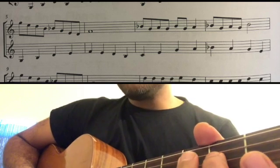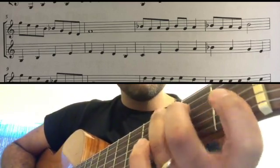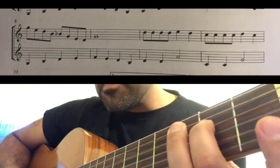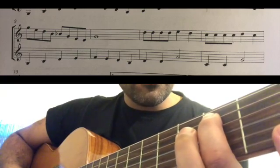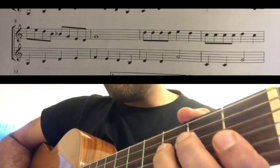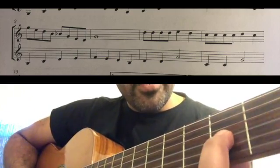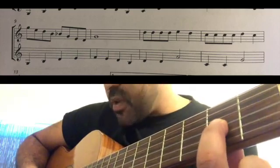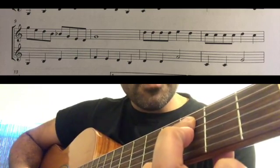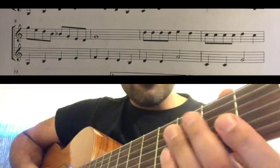The third line now starts off the same as in the beginning of the tune with our original 8-note pattern. Okay, which we covered. Then in the third bar of line 3, it goes 2 Ds, so the D string twice, and then an A here, so A being G string fret 2. So D, D, A. And then C, C, just a string G, and that's it for the third line. So the third line goes